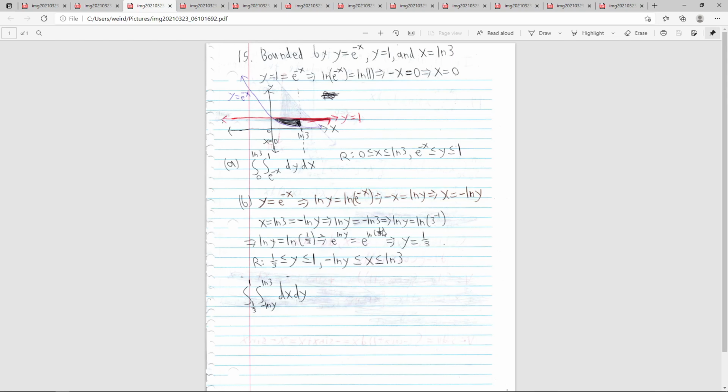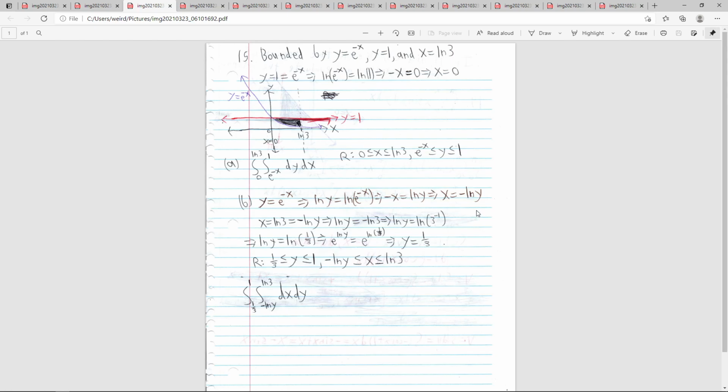I don't know if that's the best way to solve it, but 1/3 you just plug in and figure out what x is. So ln of a third, what does x equal? ln 3 gives you the end of it for y. And of course y equals 1 is the other one. So that's simple, and x can be between ln 3, which is the solid end, and